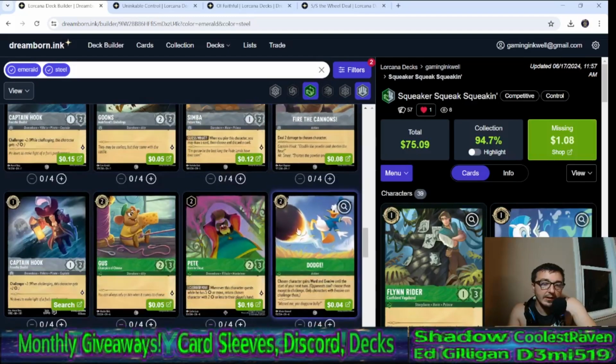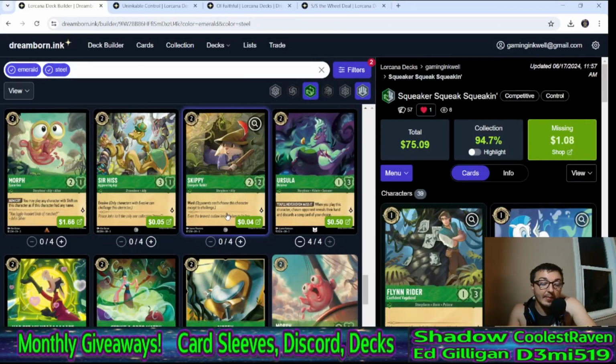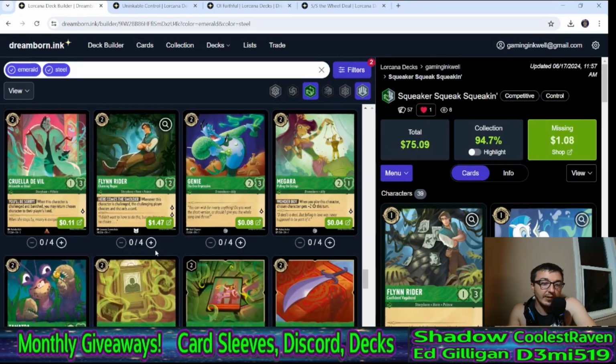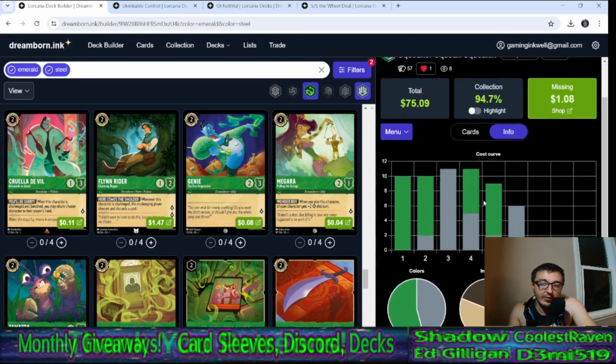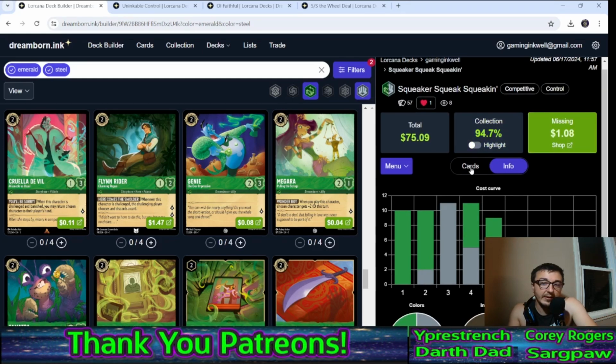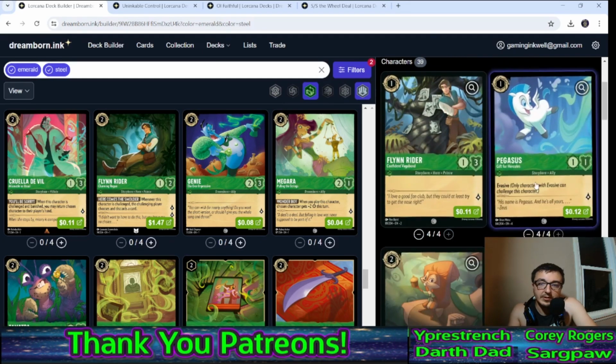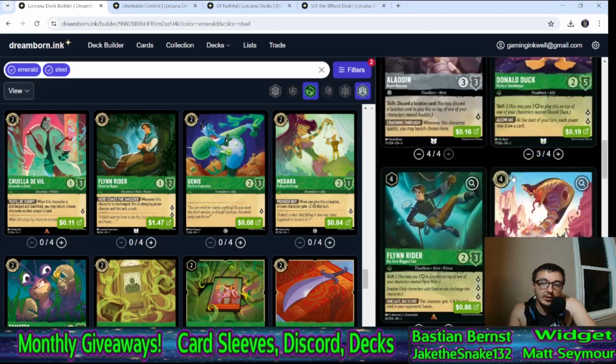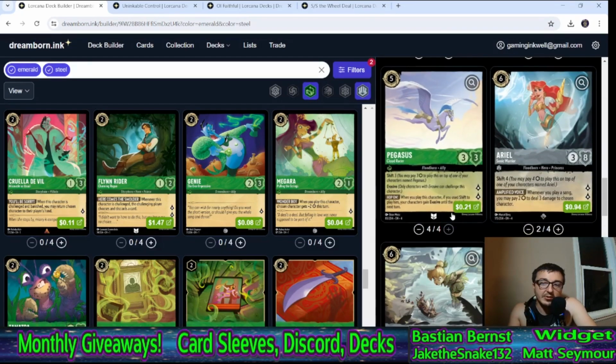And again, this is just a real quick take off the top. I did not plan these videos out whatsoever, so we'll see how it goes. Where's our uninkable count? 11. 11 uninkables. Do we want the other Flynn to get more aggro, or we don't have that dedicated strong 3